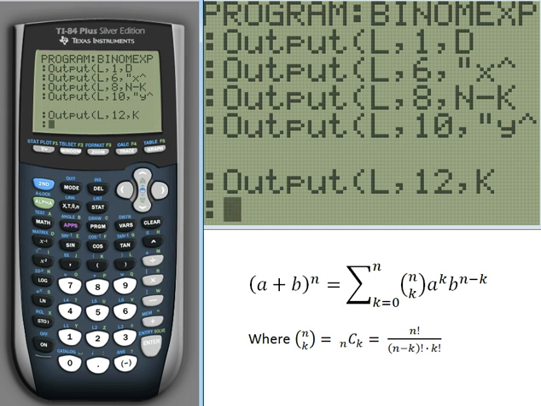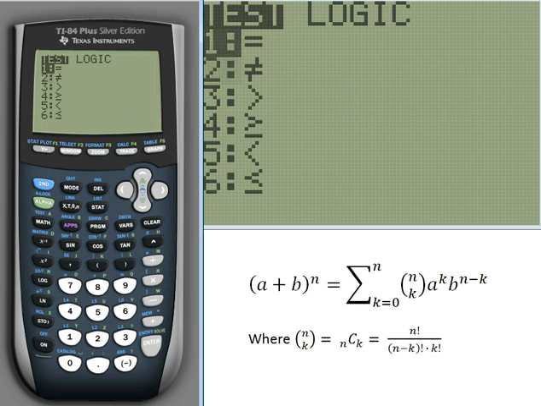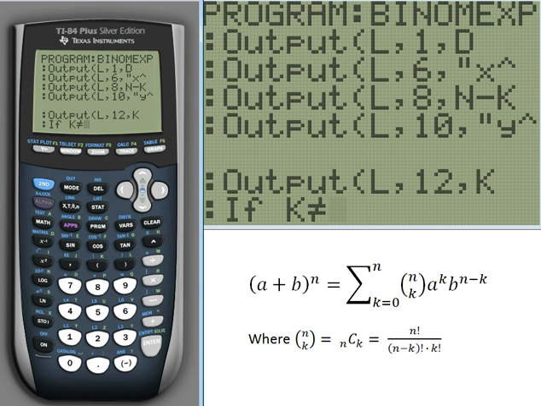Wait, oh, there's one more part. Now, each time we go through the term, it's going to be added to the following term. But the last term does not have anything after it. So we want to check to see if we're on the last term, and if we're not, then we can go ahead and add a plus sign after the term. So do another quick check: if k does not equal n, so that checks to see if we're on the last time we're going through the for loop, and if we aren't, then